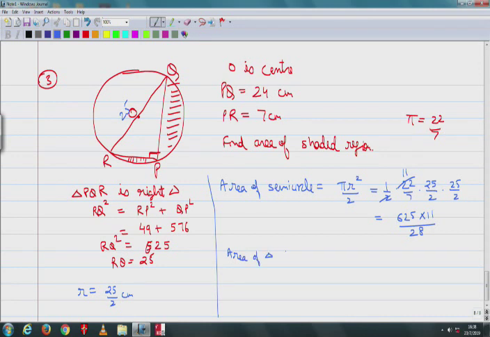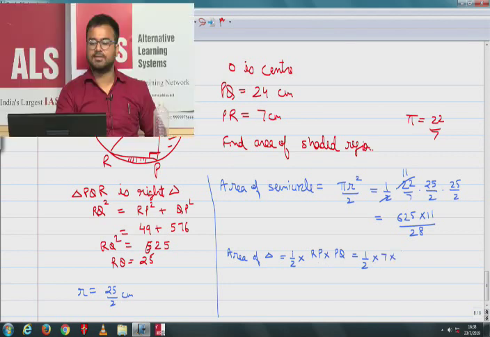So the area of the triangle: this is a right angle triangle because it is forming 90 degrees, you can see. So directly you can do half into base into height. So half into RP into PQ. RP is 7 and PQ is 24. So half into 7 times 24 is 84. This is 84. So the area of the shaded part